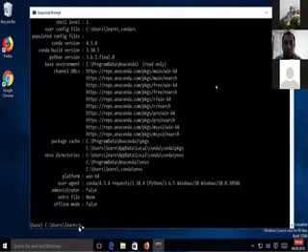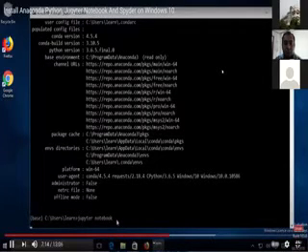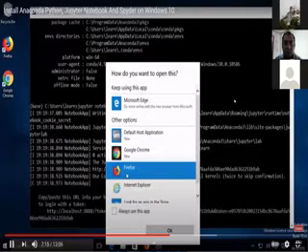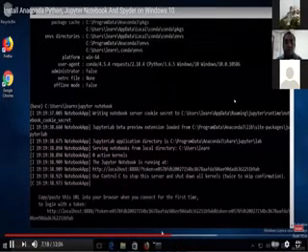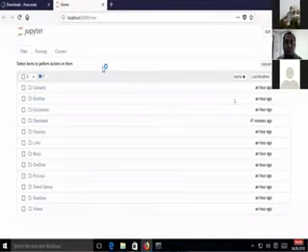In order to open Jupyter, you just need to type jupyter notebook here, and then press enter, which is going to start a Jupyter Notebook. From here, I can choose which browser I want to open the notebook in. Let's say I want to open it in Firefox. And now you can see Jupyter Notebook has started in your Firefox browser, or whatever browser you have chosen.